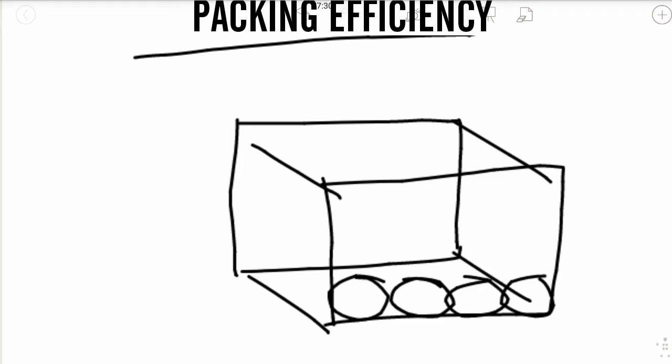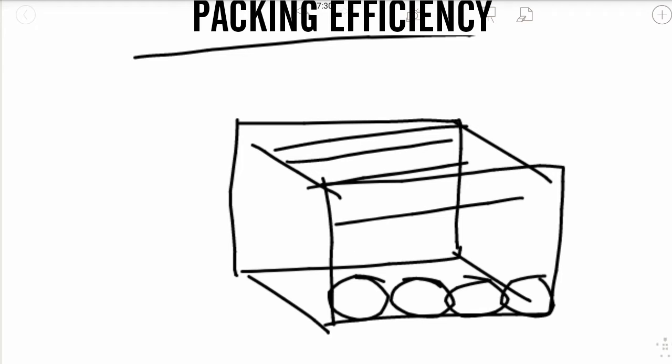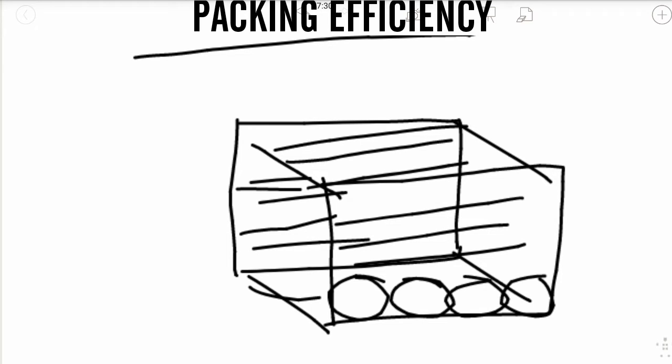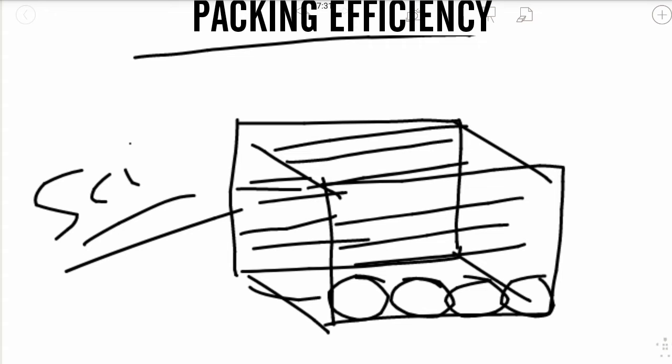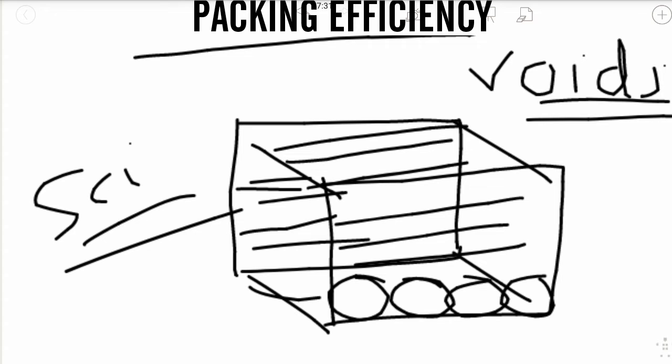no space. When you fill this box completely with the tennis balls, making them close to each other, touching each other, you will think that there will be no space in the box. But according to chemistry and scientifically, there will be space in the box. This small space is known as voids.